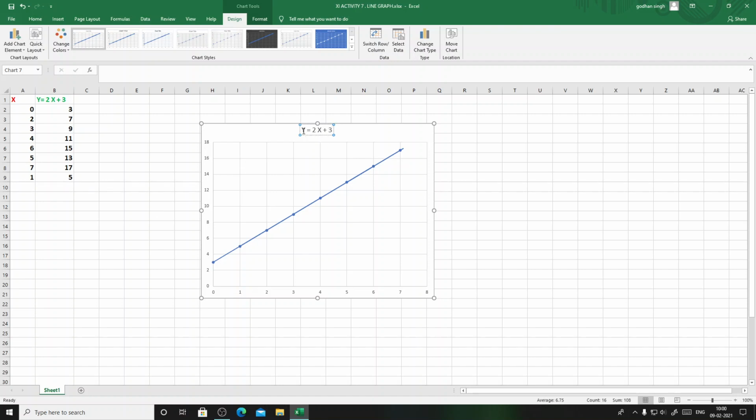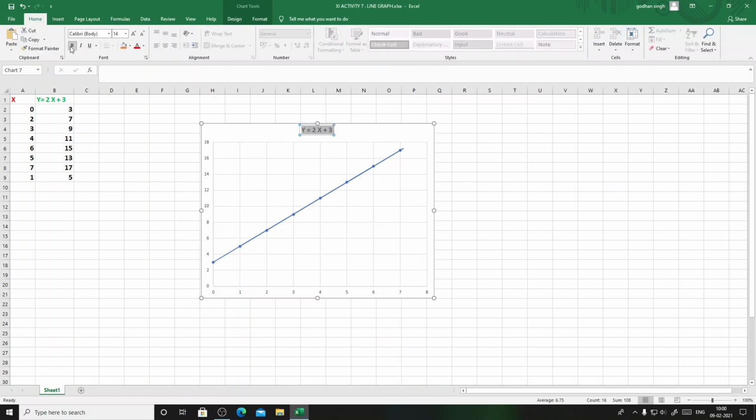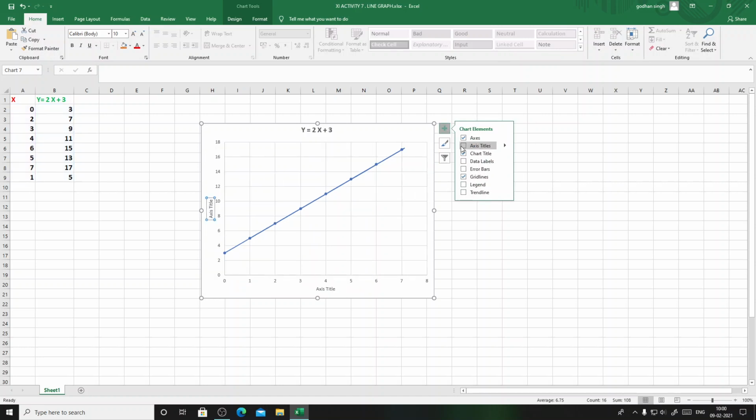Just select it. Here we have selected; go in the Home page, and then if you click bold B, the letters will become bold. Next you can see that here we have this square with a plus sign. Click on that, and there you have Axis Titles, and then X is there. So you can change the axis title. You can write here y axis and x axis, or whatever else is given.